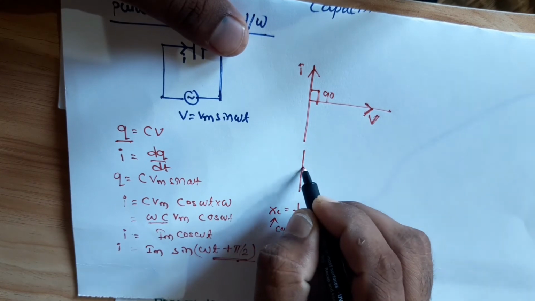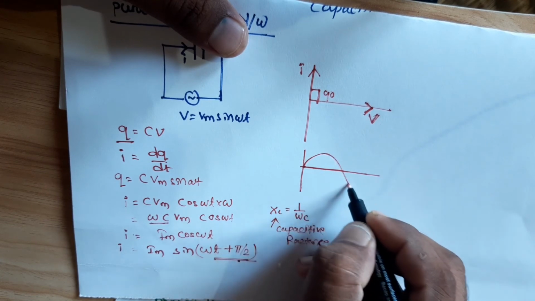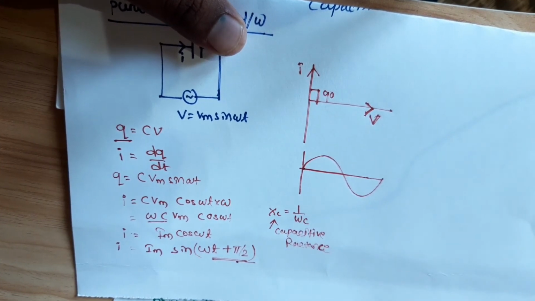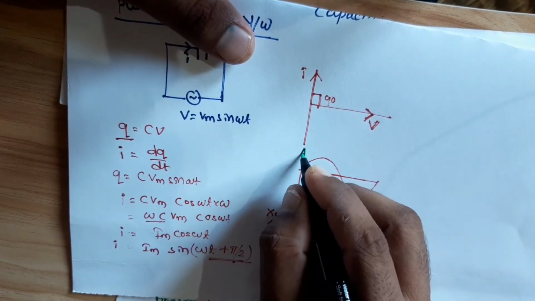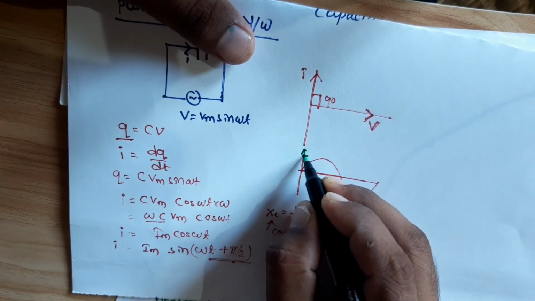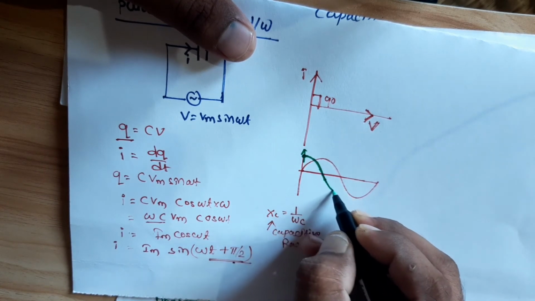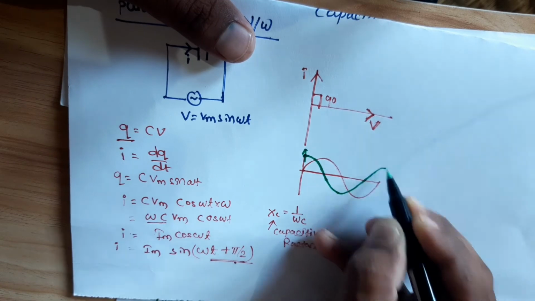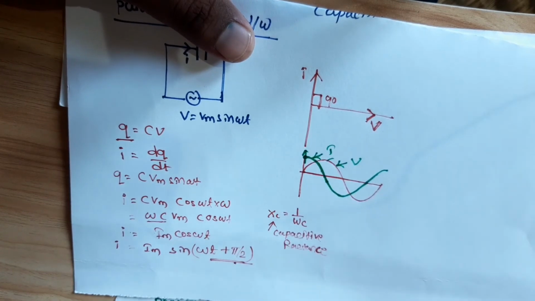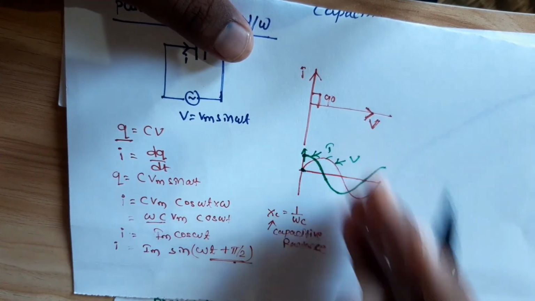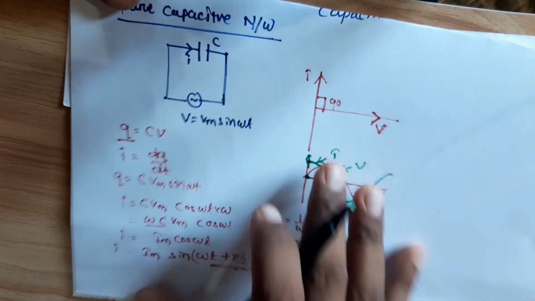First we draw the waveform, like when the voltage is like that. The current is 90 degrees leading, so the current will start when this is 0. Then again it's 0, then it's maximum. This is the current I, this is the voltage. First we'll see how this happens, where the capacitance will lead: a pure capacitor, 90 degrees lead.